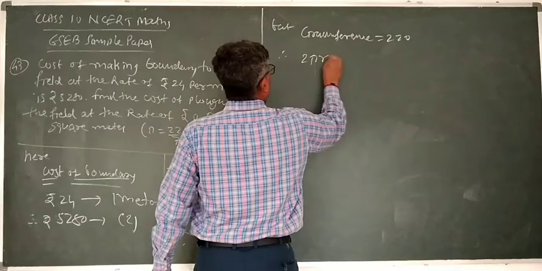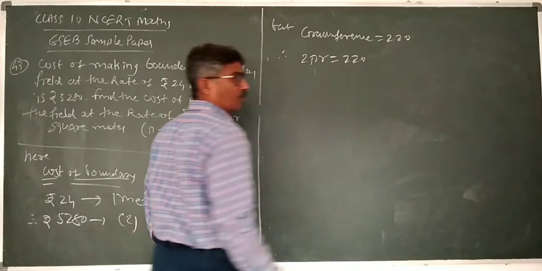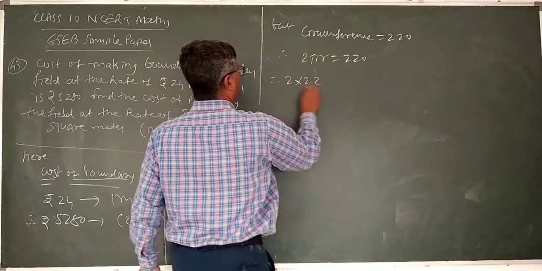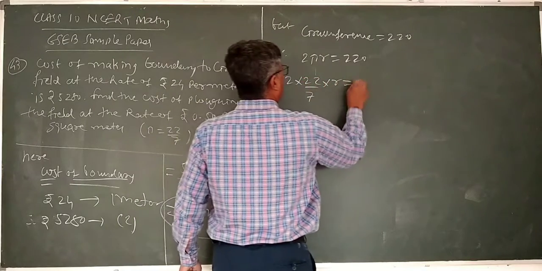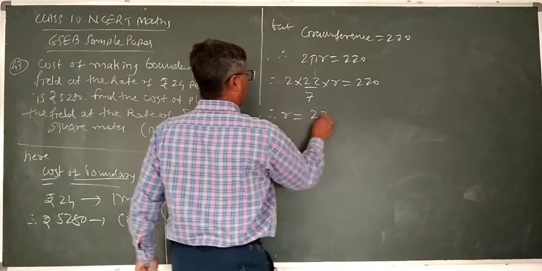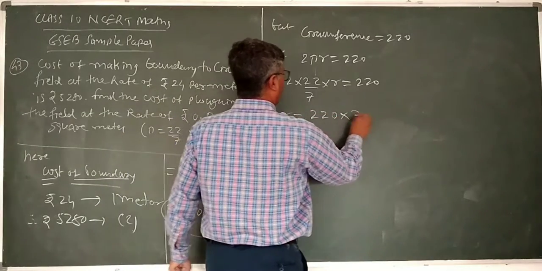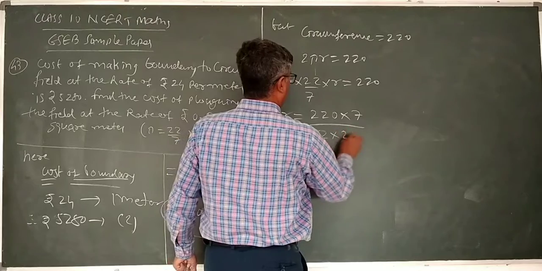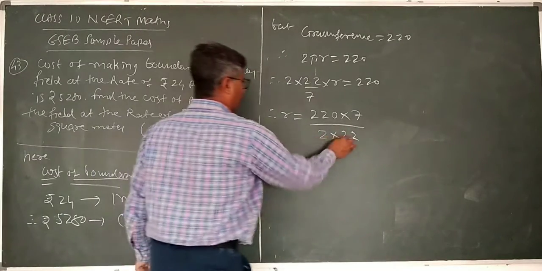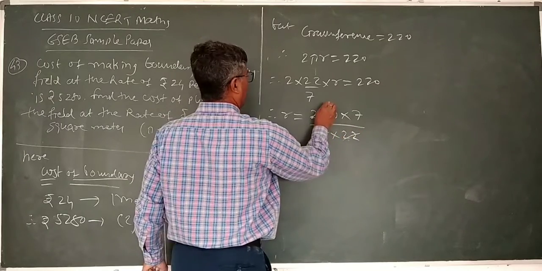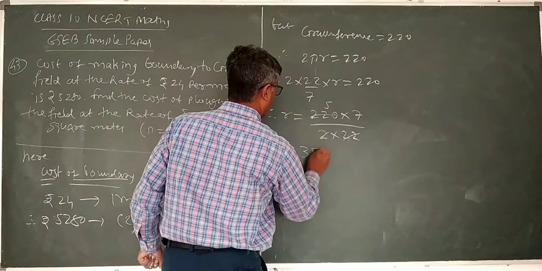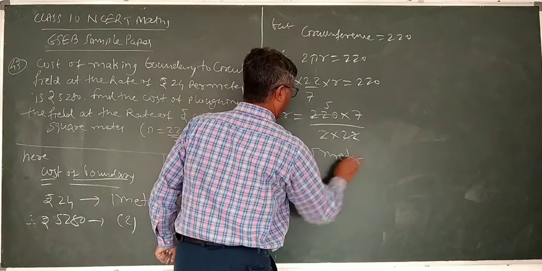Therefore 2 pi r equals 220. Therefore 2 multiplied by 22/7 multiplied by r equals 220. So r equals 220 multiplied by 7 upon 2 multiplied by 22. So 22 twos are 44, and 44 fives are 220. So r equals 35